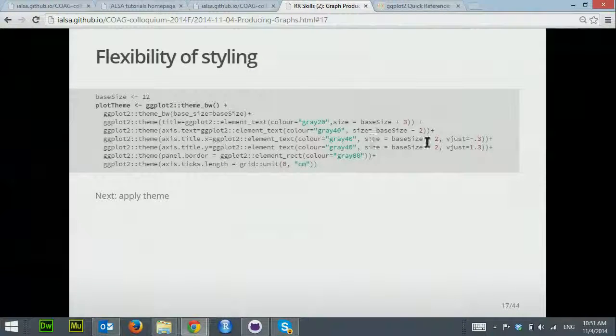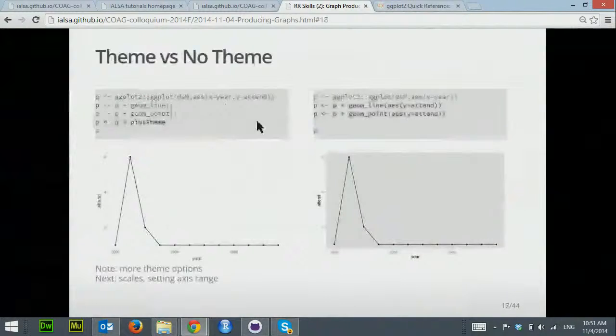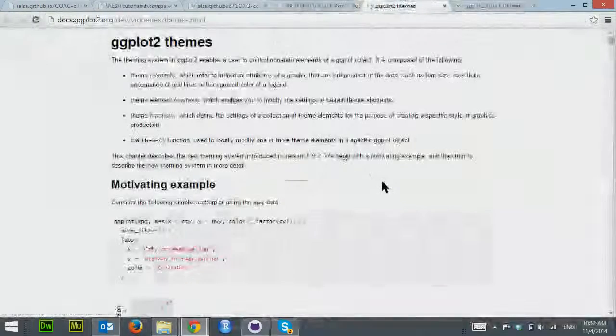There's an increase in size in the axis title for X and Y. Text changes, and you can trace everything that happens in that file to the cosmetics, to how the graph looks on the page. So once again, there's a great variety of themes, and well, there's not that many themes, but